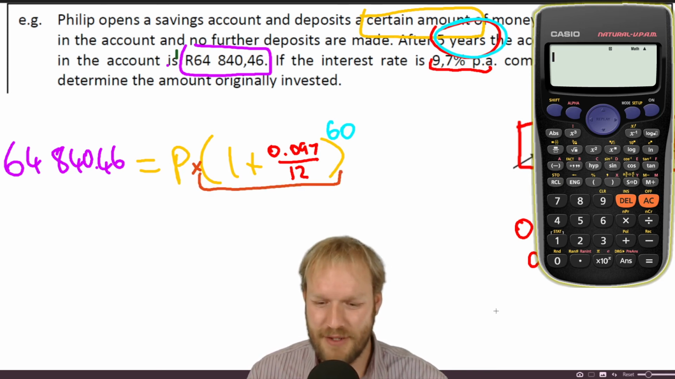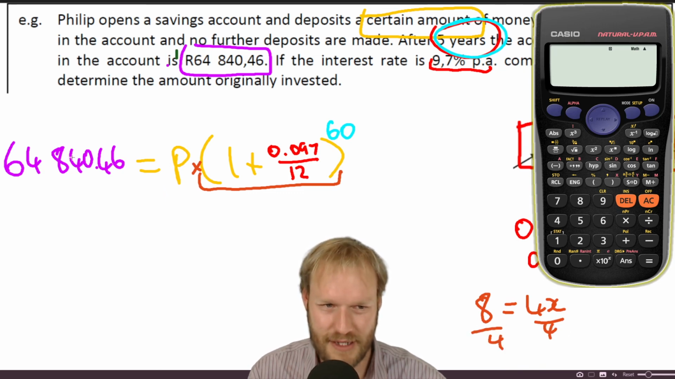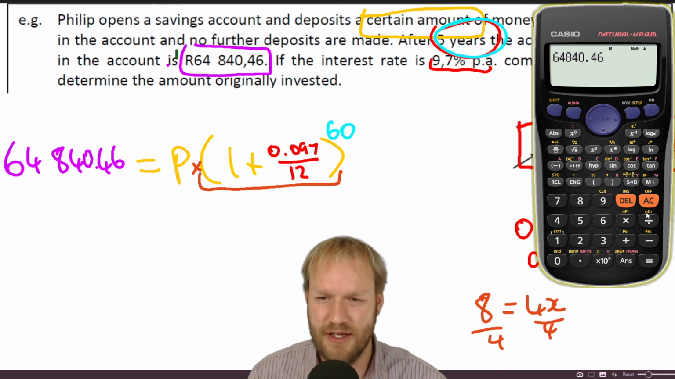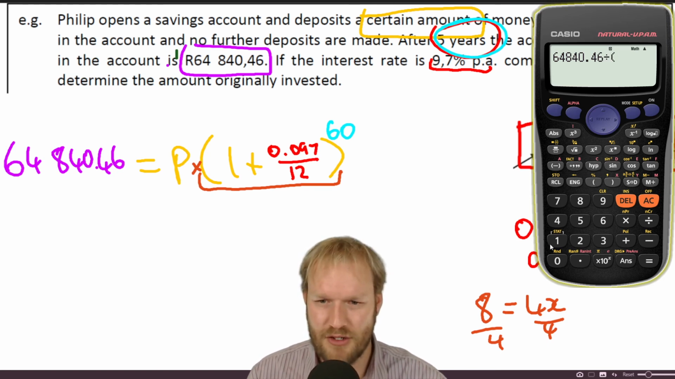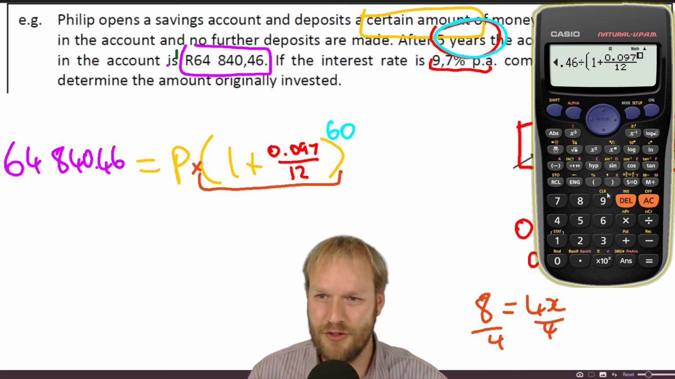For a similar type of example, if we said 8 equals 4x, we'd just divide both sides by 4, right? And we'd get x. Well, now that number is just a whole lot bigger and more complicated. So we've got 64,840.46, and we need to divide it by, and I find it sometimes easier to use the divide sign rather than a fraction, 1 plus, and put that fraction there, to the power of,